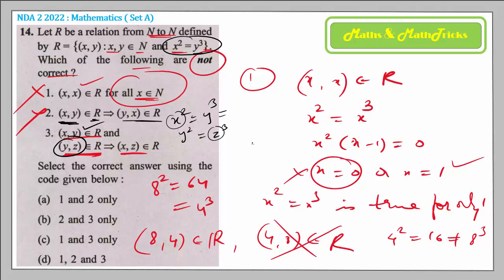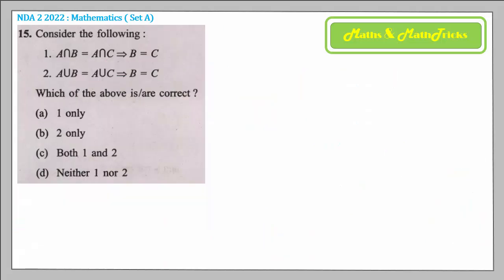So if you substitute that y here, so y cube is 3 by 2 the power of z into 3. So it will be 9 by 2 the power. So see the powers, 2 and 9 by 2. We want the relation of x square equal to y cube format for x and z, like x square equal to z cube format, and we are not getting that. So clearly the third statement is wrong, and hence the answer: all the three statements are wrong. So option D.